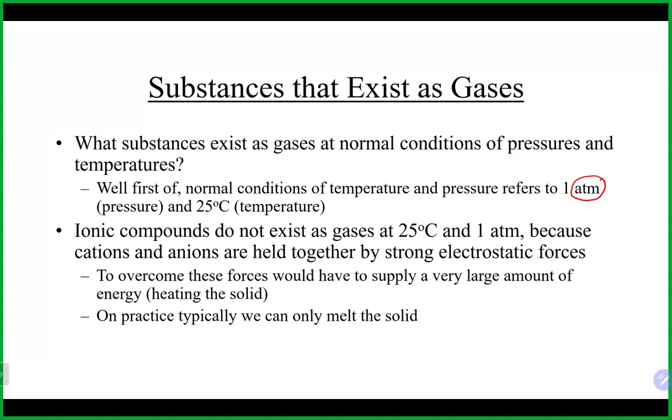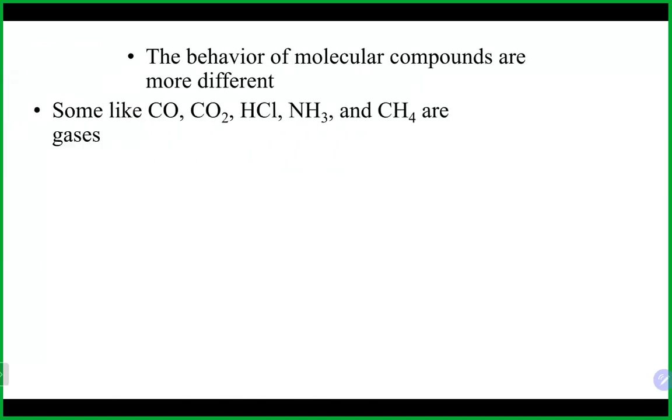What typically happens with ionic compounds, and maybe you experienced some of this earlier in the semester when you did some of those labs, is that if you continue to heat an ionic compound in something like an evaporating dish, it will really just start to melt before it will actually go into the gas phase. So we know that, for example, if you put sodium chloride, or salt, on something and you heat it up, it doesn't become sodium metal and chlorine gas, right? It'll actually still be there in that form. So ionic compounds typically are not found as gases under normal conditions.